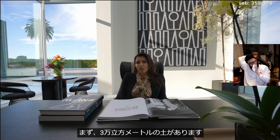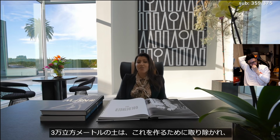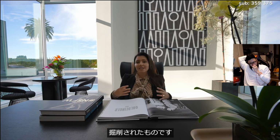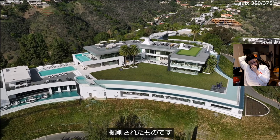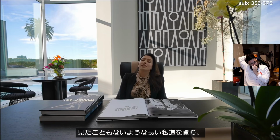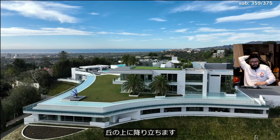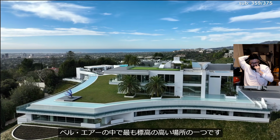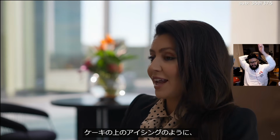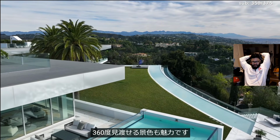For one thing, there are nearly 30,000 cubic yards of dirt. 30,000 cubic yards of dirt that were removed, excavated to create this, okay? And you were on 4 acres, almost 4 acres, up the longest driveway you've ever seen and landing on top of the hill, one of the highest elevations in all of Bel Air. So for all of those reasons, the icing on the cake, which is a 360-degree view, you are in one